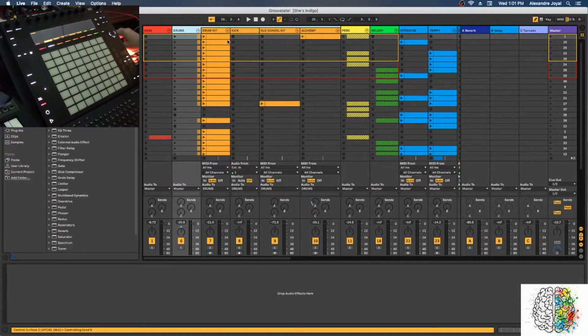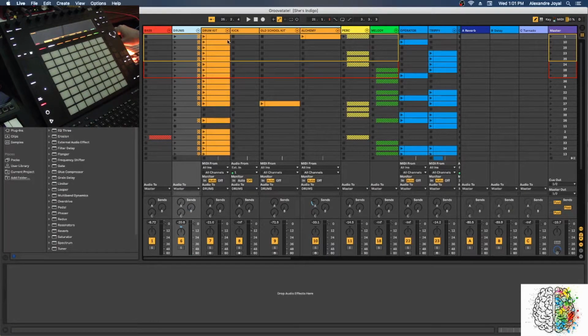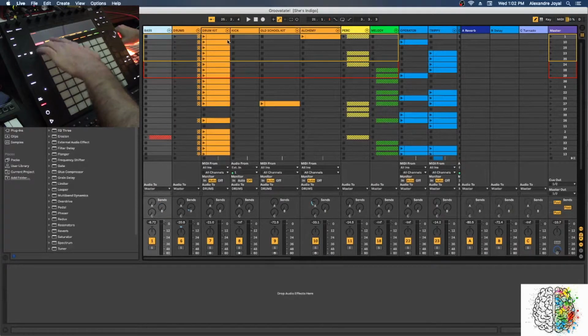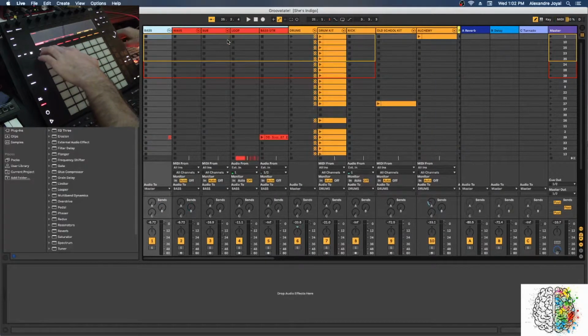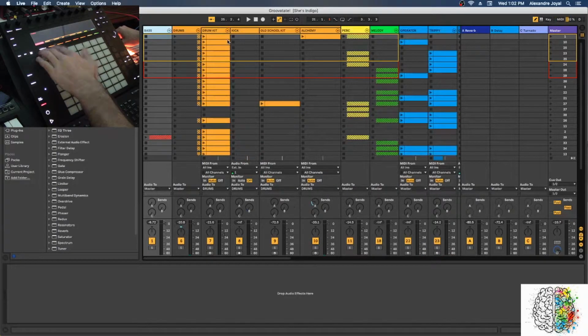So now on my controller here, if you can see on the screen, it's adjusting the send to the delay that I've loaded, of whatever track I have selected, right? So if I'm selecting the drums, I'm adjusting that send. If I jump to the bass, now I'm adjusting the send for the bass, right? So I have different knobs for all these different tracks depending on where I am, right? So for example, with this drum kit,